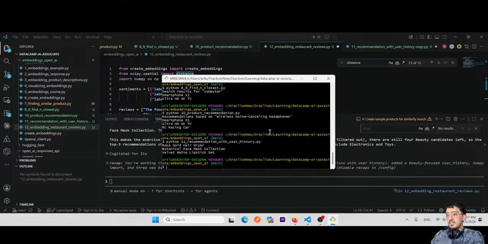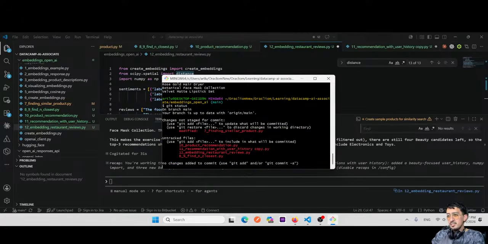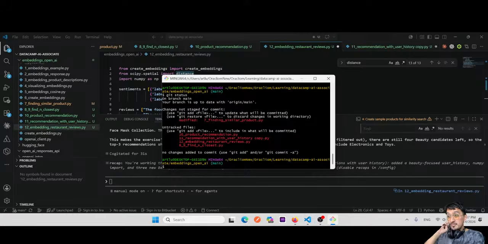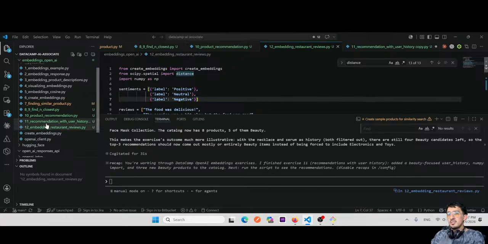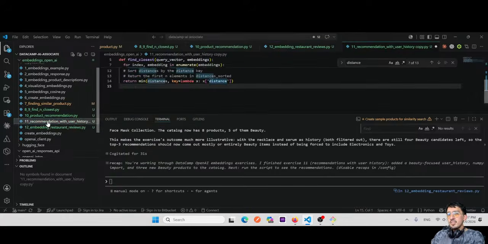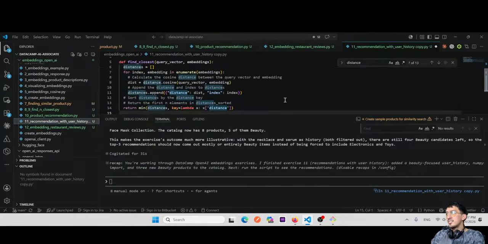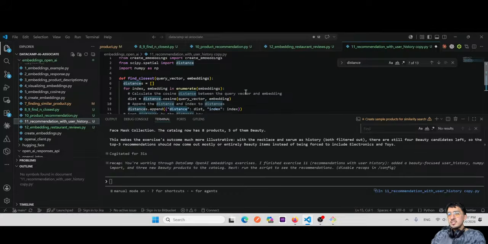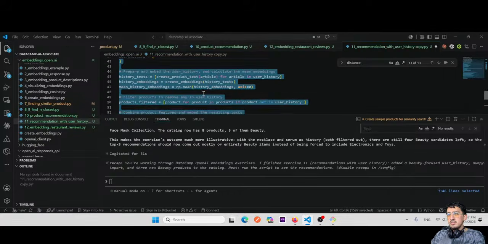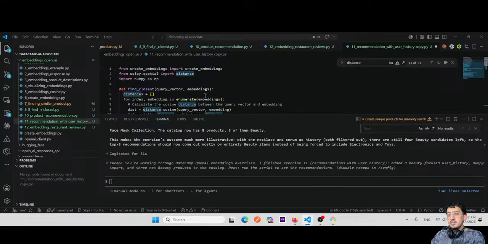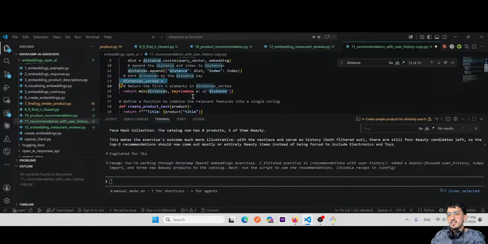Here is my new code for the 12, the recommendation with user history. What I'm going to do is git status. This is an untracked file. So I'm going to save this 12 in this 11. The first thing that I modified here was the